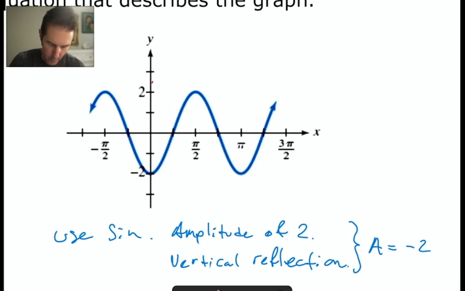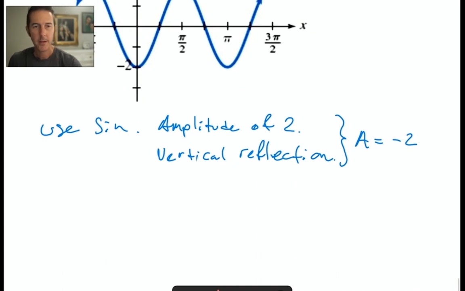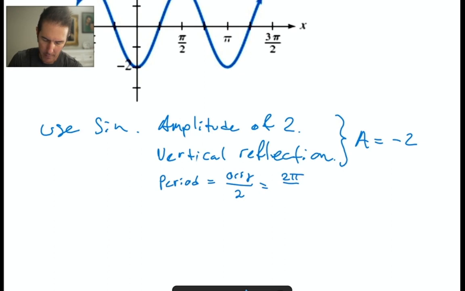let's go from here to here. Period looks like it's equal to pi. Now, if the period is pi, that's found by taking the original period and dividing it by, oh, sorry, I haven't gotten this right once. It's the original period divided by b. And the original period of the sine function is 2 pi. We're dividing it by, we don't know what our b value is, but we know that the period's going to turn out to be